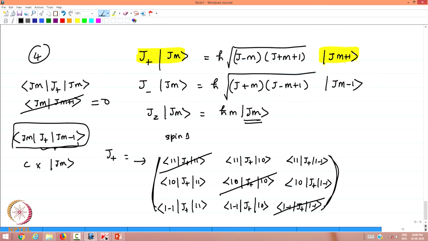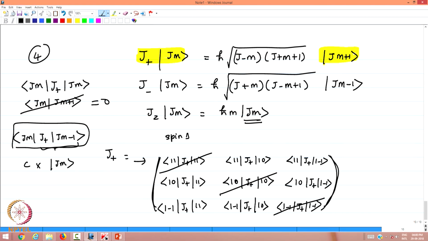Therefore, every time you do this for spectroscopy, for the angular momentum calculations in quantum mechanics for space fixed angular momentum operators, you would see J plus connecting the m minus 1 state to the mth state. Therefore, this is non-zero, m minus 1 to mth state. The states differ by 2 values of m. This is m minus 1, therefore, this is m plus 2. Therefore, this is 0 and